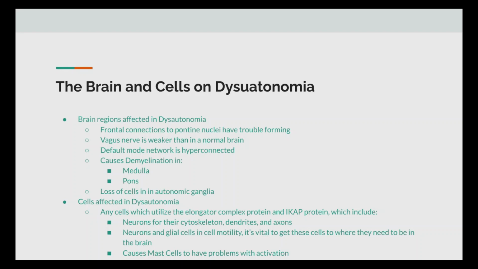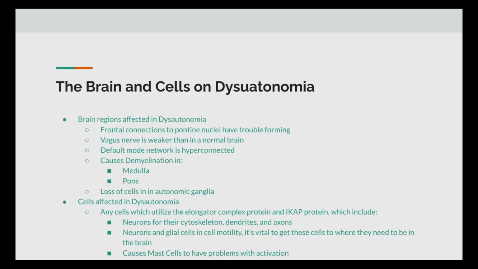And then the default mode network is hyperconnected, and the default mode network includes the mesial prefrontal cortex, posterior cingulate cortex, hippocampus, precuneus, and the inferior parietal lobe, as well as the temporal lobe. And what this causes is the patient tends to be unable to get into resting mode and contributes even more to the tachycardia effect. It also causes demyelination in the medulla and the pons,